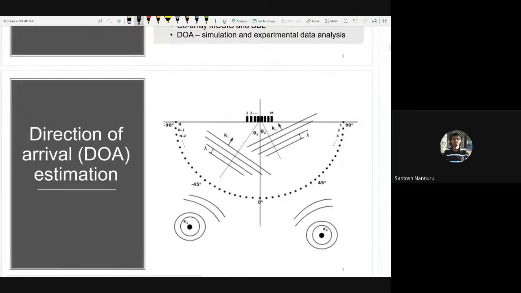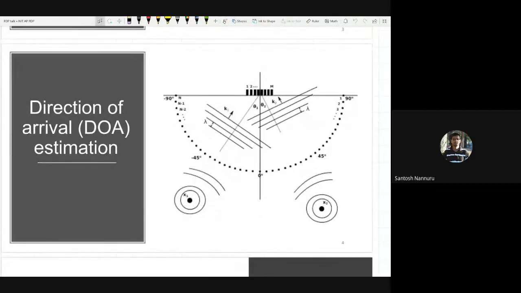So direction of arrival estimation, I just show a brief figure. There is a sensor array, 1 to 3 up to M. It could be uniform, non-uniform, it could be linear, it could be planar, it could be non-planar, all possible geometries are allowed. Different methods may have restrictions on what geometries they can or cannot treat, but in general, you could have any geometry of the array. And the idea is to use observations recorded by that sensor array to find directions of arrivals